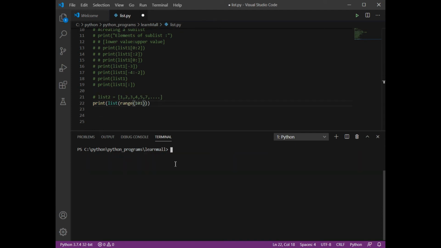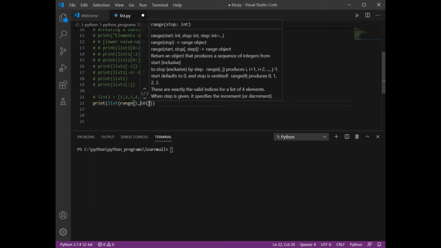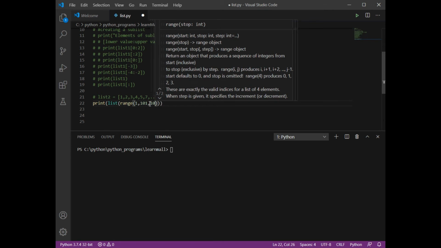Okay, so now let's understand one thing, that by default your step is going to increase the value by 1. But if I want to increase the value by a different increment, then what can I do? I can start from 1 and make an increment of 10 instead of 1. Okay, save this, run this. Now what is it going to give you? It will give you the value starting from 1, and the next value by increasing 10 instead of 1. Okay, so this is how you can play with the range function as well.